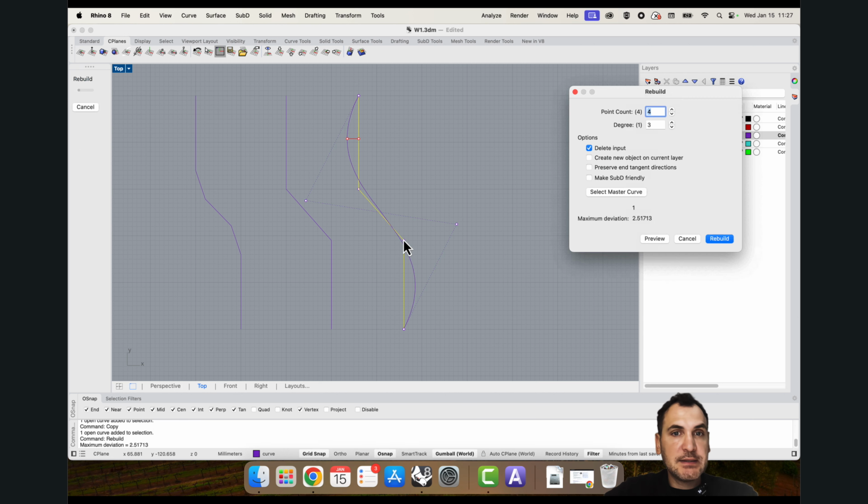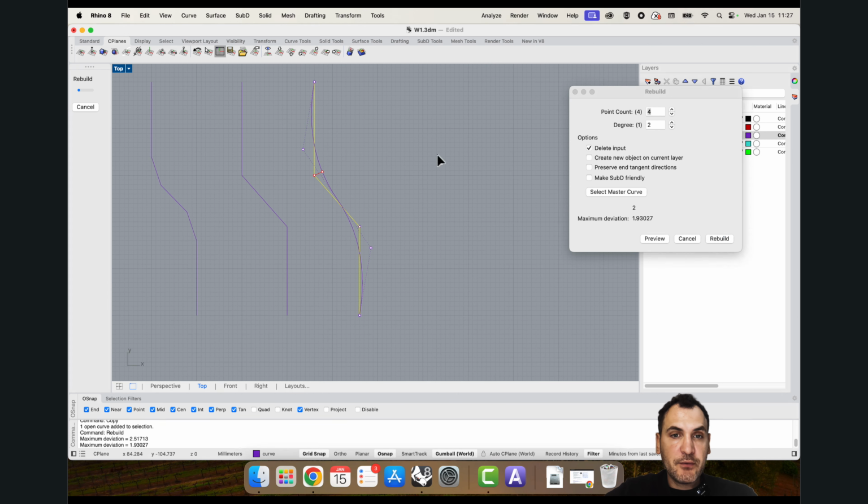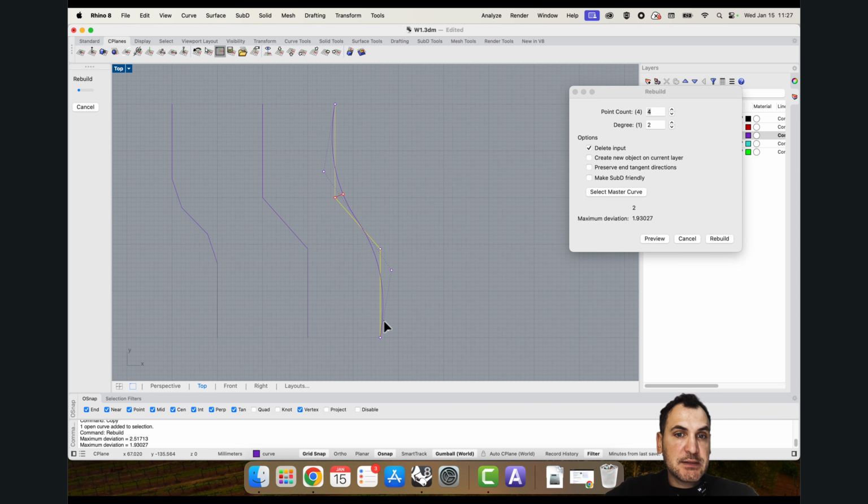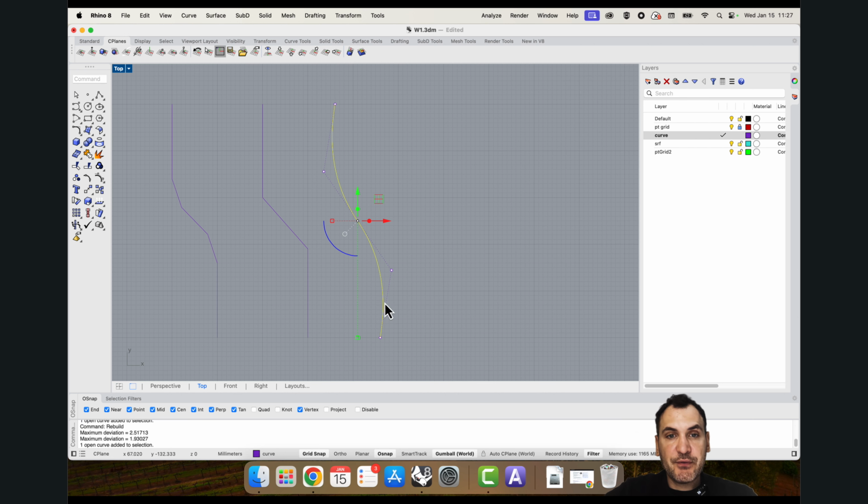in a different way, let's say we rebuild this curve and I increase the degree to 2nd degree, but I want to keep the point count. So I'm using the rebuild function here. You can see that the curve is slightly changed. It's because now it's translating every 3 points into an arc, right? So I get this sort of